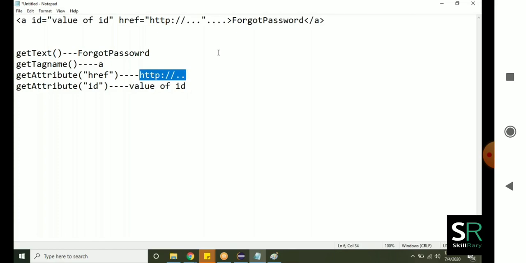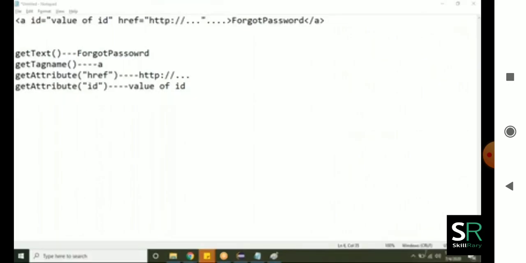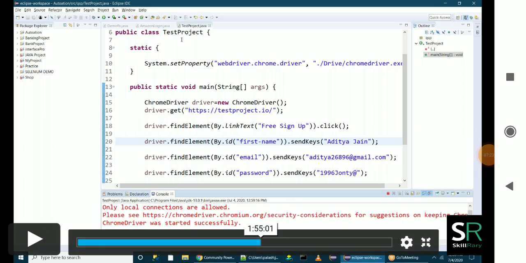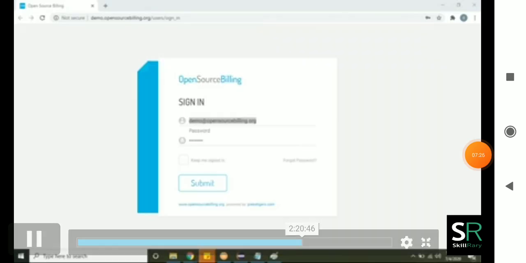If you pass href, that is printed. Let me put it in the chat room also. What is the batch code of this?